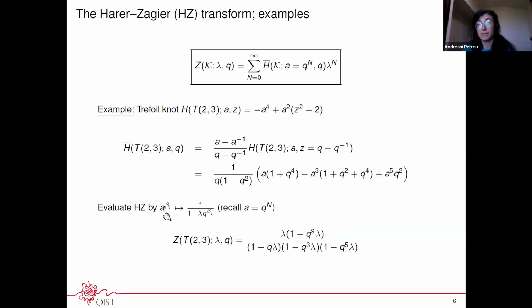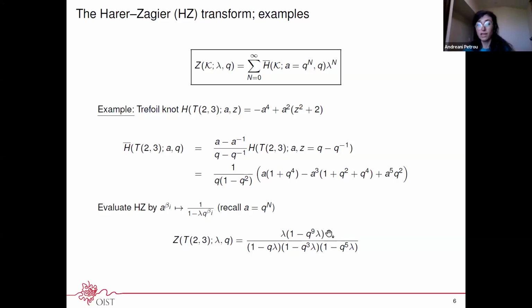Basically, evaluation of the Harer-Zagier transform is replacing all a, which, if you recall, was q to the power n, by this factor. And this is what we're doing here. Basically, a now becomes this 1 minus q lambda, and a cubed corresponds to this factor, a fifth to this one. And in the process of taking a common denominator, we get a very simplified expression on the numerator. And this is what we call factorizable Harer-Zagier transform,